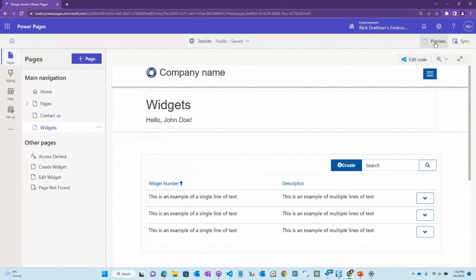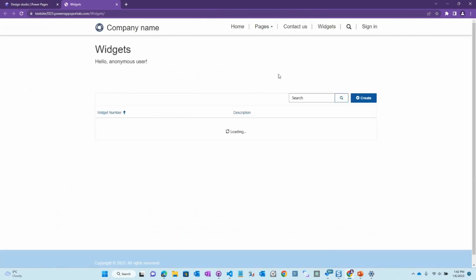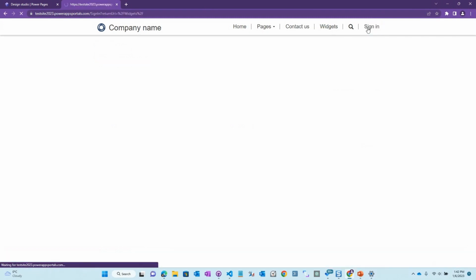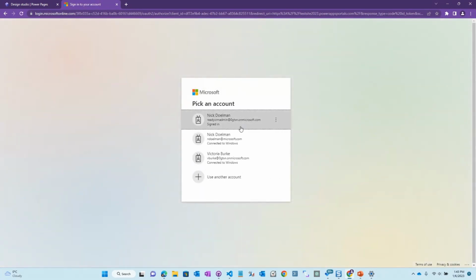So if I do preview, what that's going to do is load the site. Now it says anonymous user because I'm logged in as an anonymous user, but what I could do is just sign in and let's see if it changes. I'm just going to sign in with Azure AD. Again, different identity providers, topic for a whole other day.